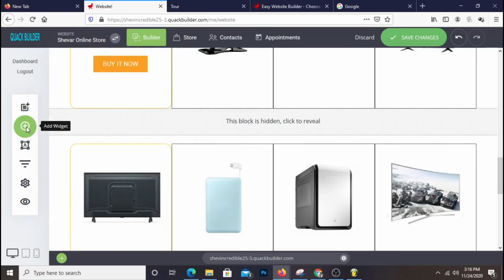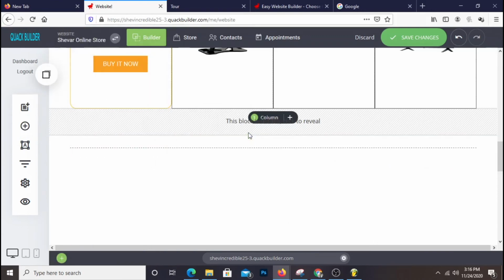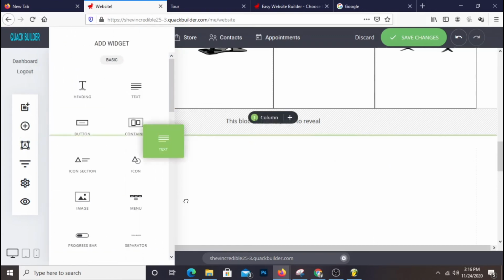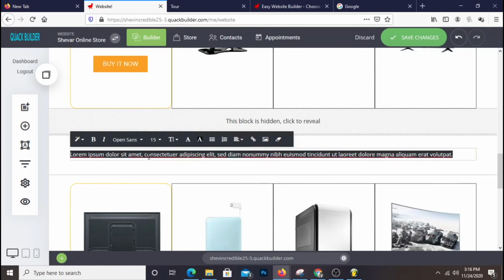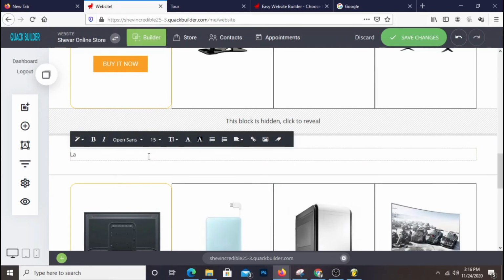Whoops, let me put another container there first, and then I'm just gonna pull text in like that, and then I'm just gonna say laptop, and then I'm gonna put that thing right there and say TV. Just gonna put one more right there, and then I'm gonna say cameras,